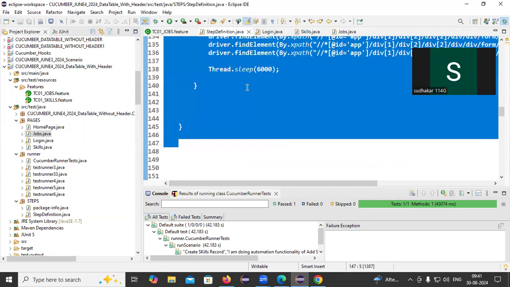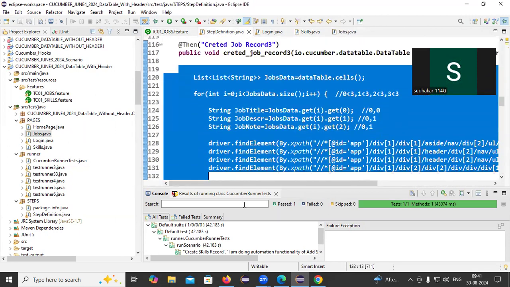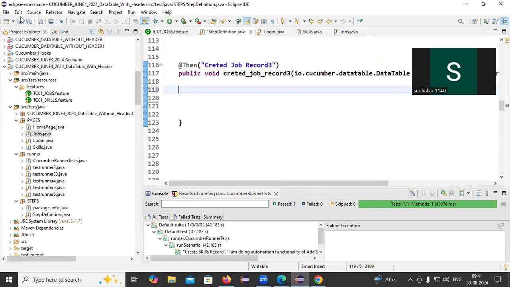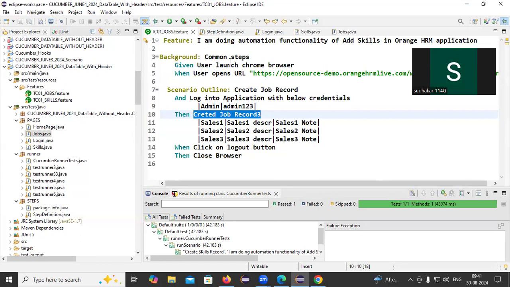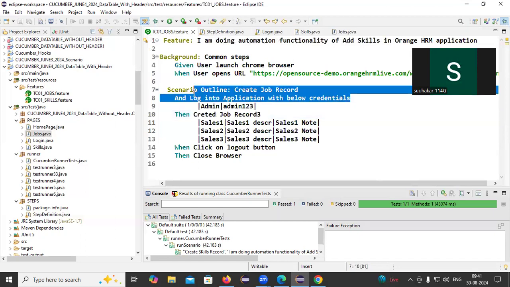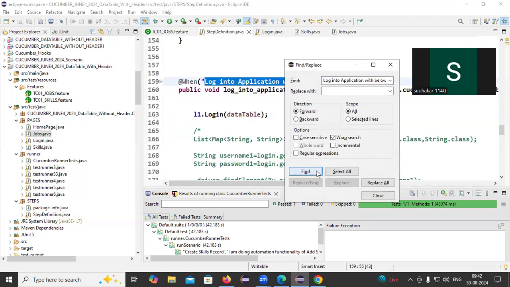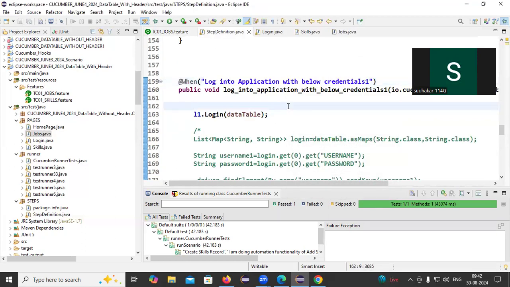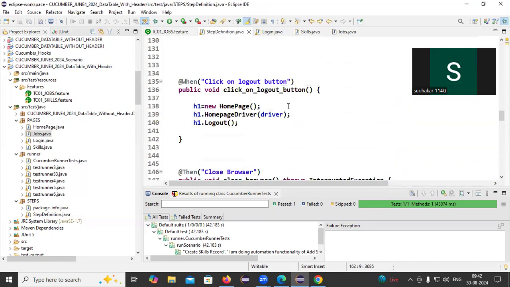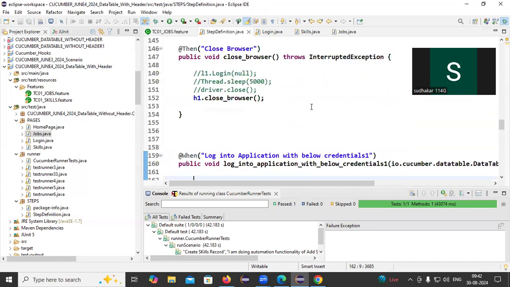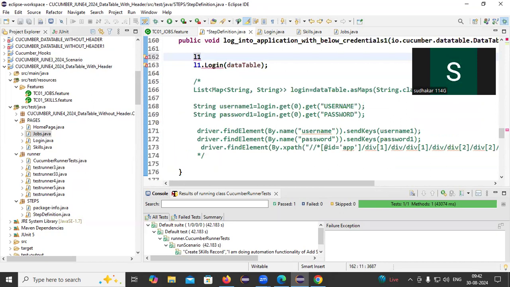So coming back to my step definition.java class file, inside this method, I'm removing all the lines of code because I don't want them at all. So done. So now, I want to write, click on logout button and close browser. Okay. So now I want to create login to below credentials. I want to create a login object here in my step definition.java class file. Okay. So first of all here, make sure that whenever the login page is executing, the login object got created. Okay. So L1 is equal to,